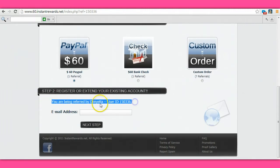So there you are. And what you want to do is put your email address in here. Some people like to create a new email address, or some people will use their same email address and just create a folder within that particular email. It's totally up to you, but you want to use an email that you use on a regular basis. So what I'm going to do is log in, and then I'll show you exactly where you will end up